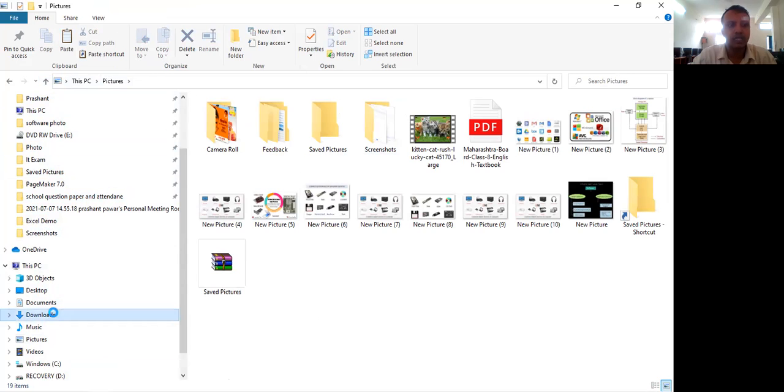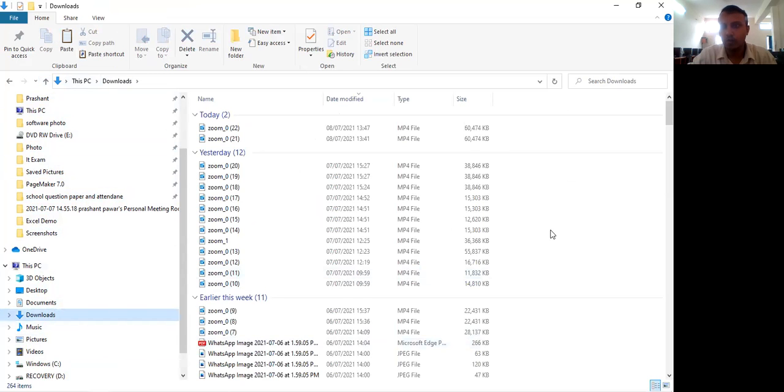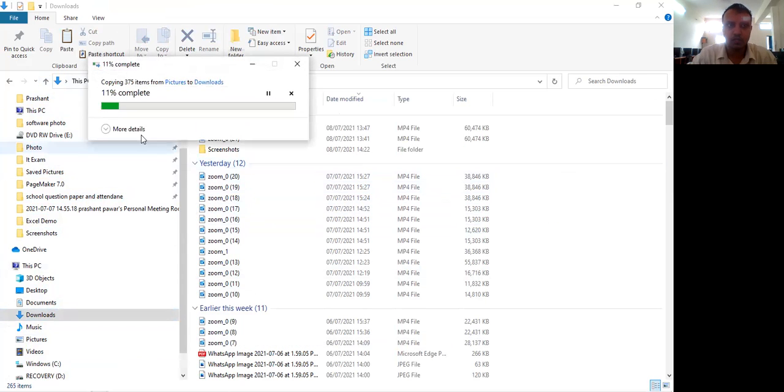For example, I will select the download folder. We'll move that folder into the download folder by pressing Ctrl V. So you can see this copying and pasting is also a basic function of operating system. This is called a storage function.